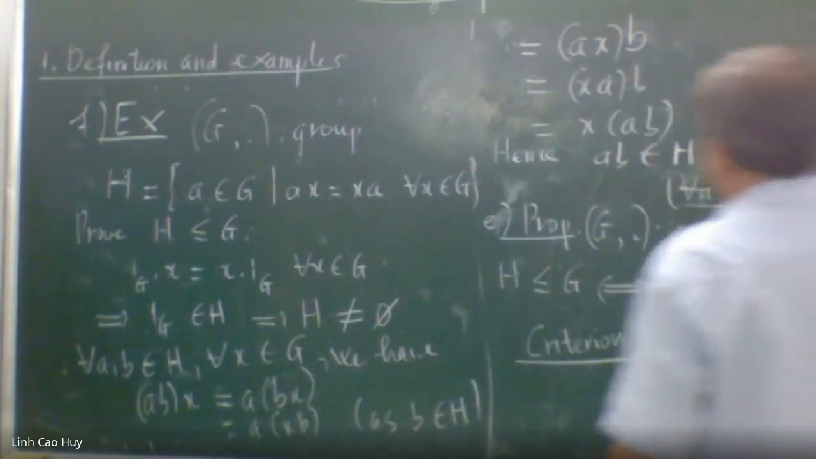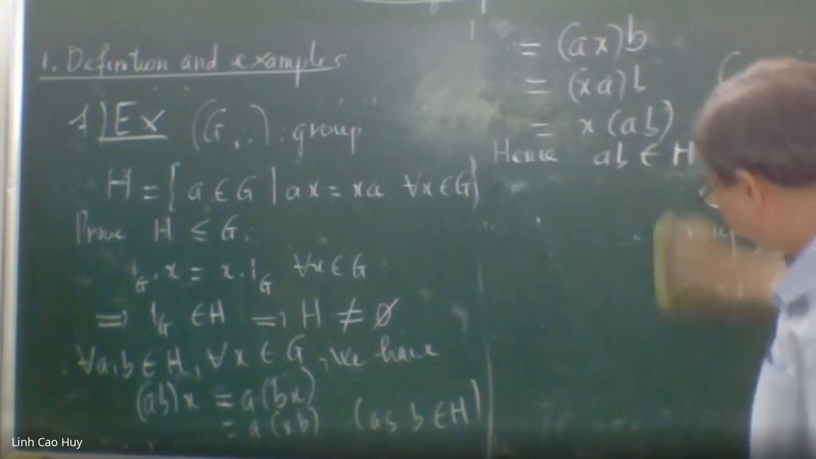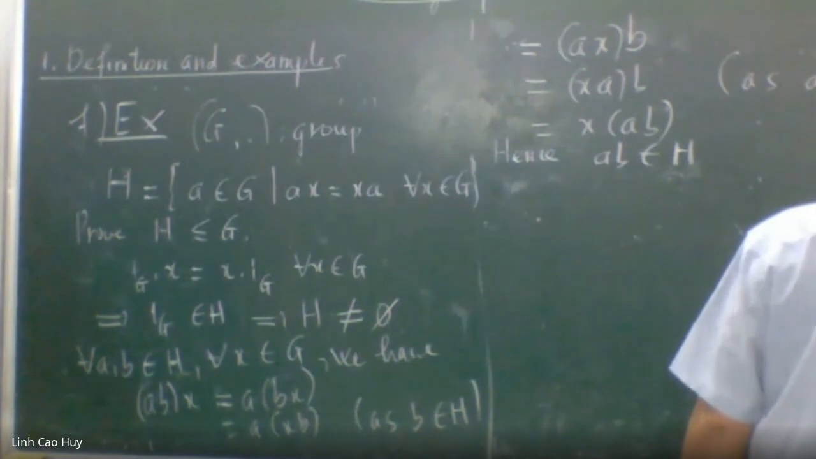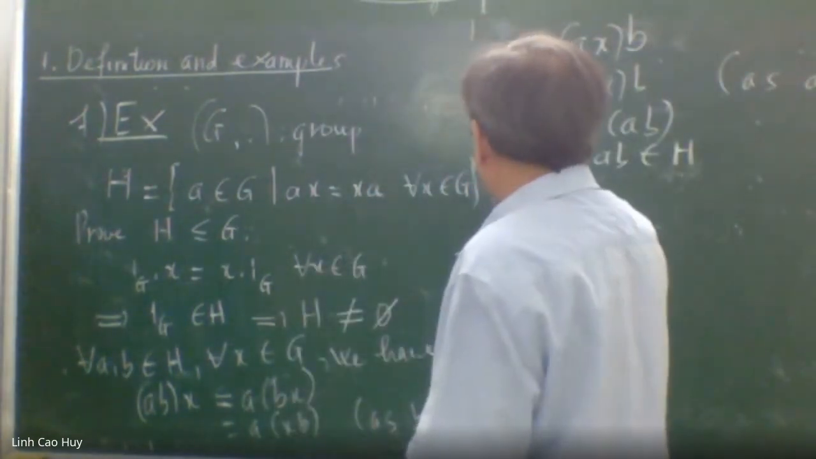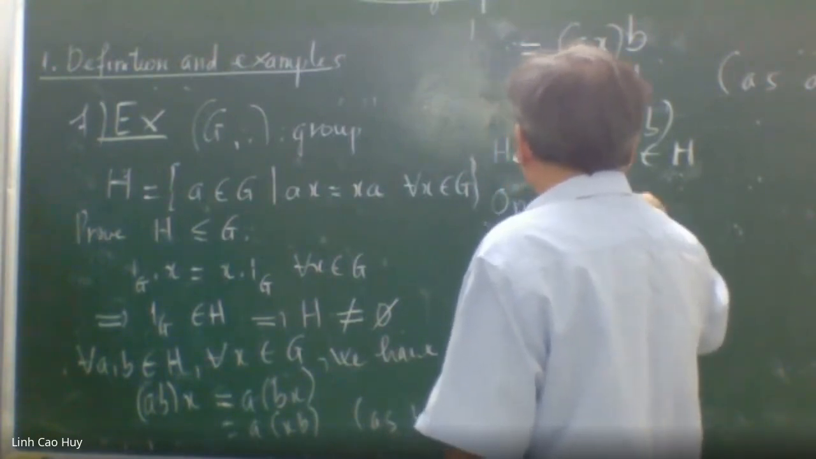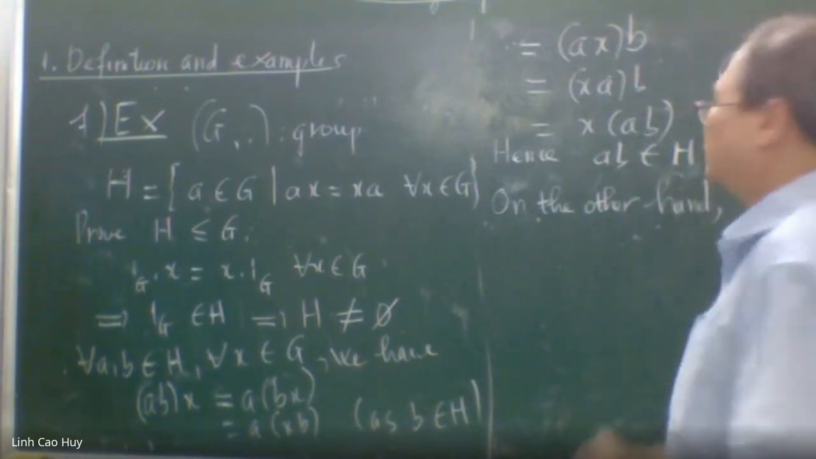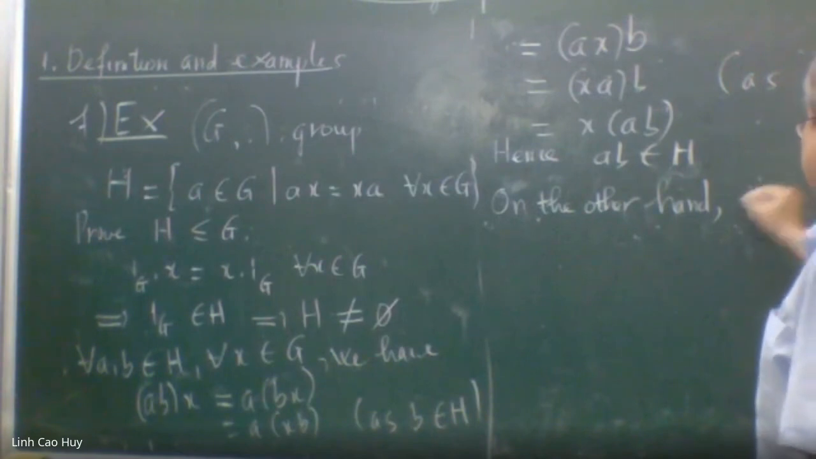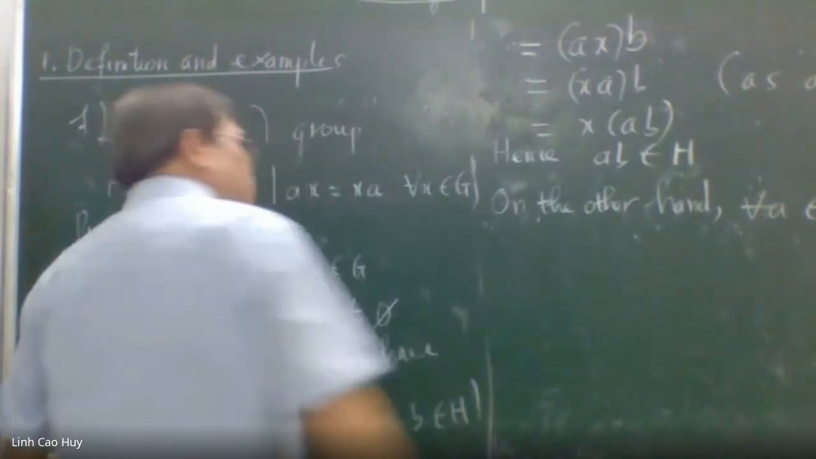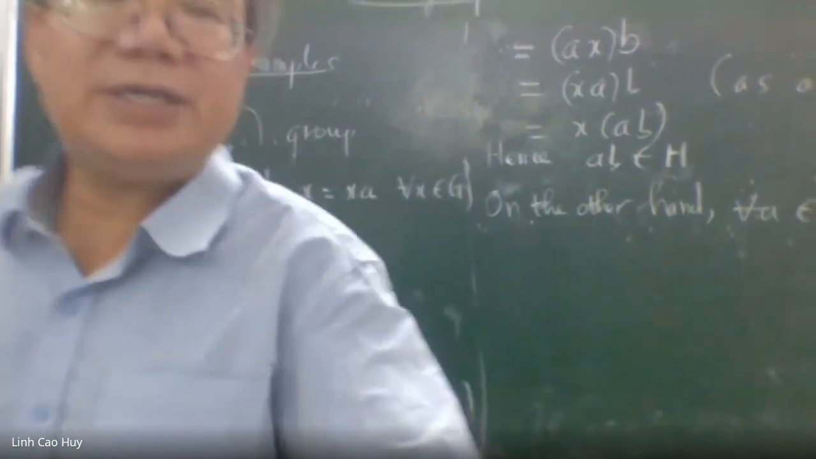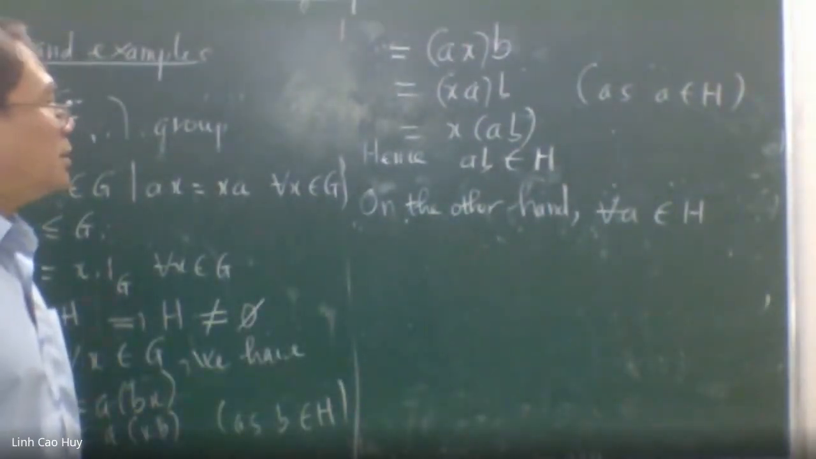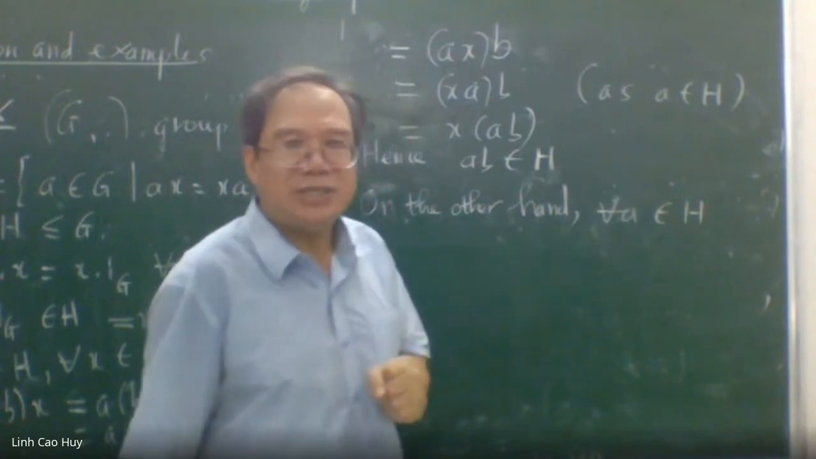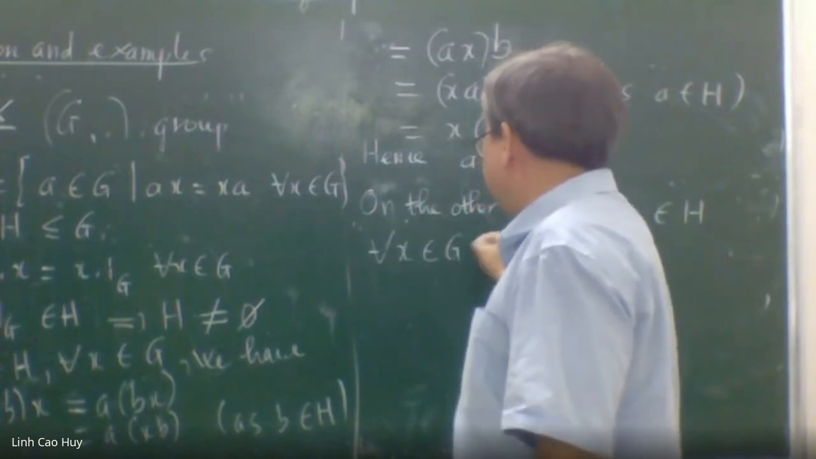And now we need to show the final condition. On the other hand, mặt khác, we take any A in S, and we need to show the inverse of A is also in S. Because the element A is in S, A commutes with every element in G. That means for any X in G, we have